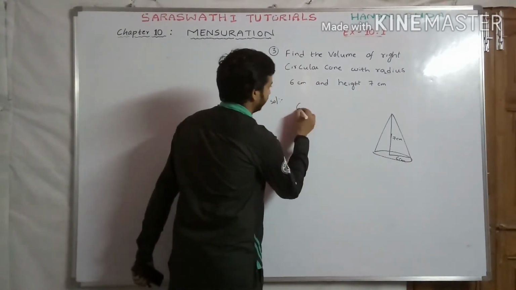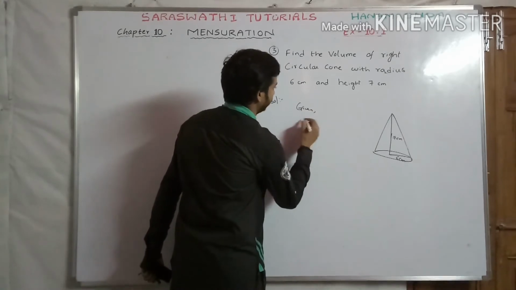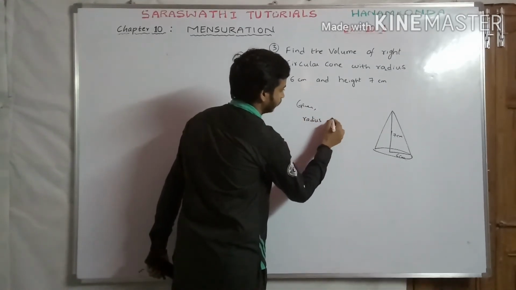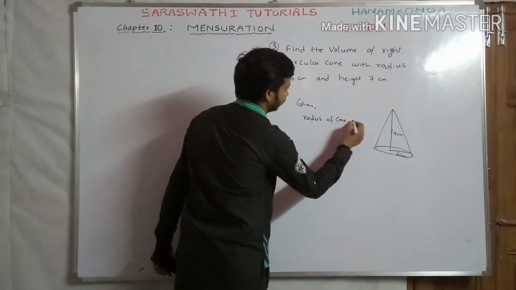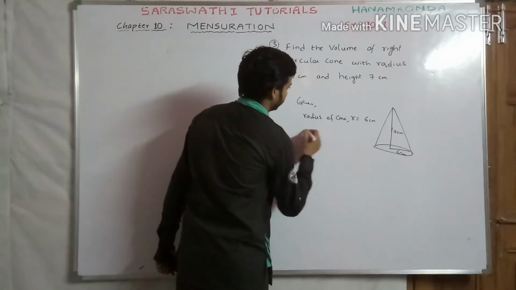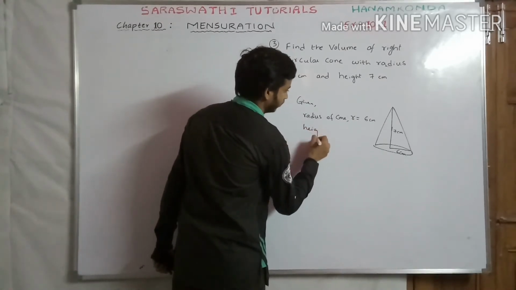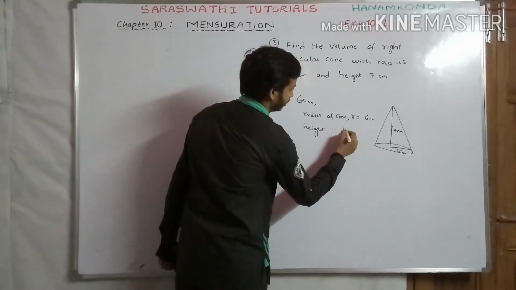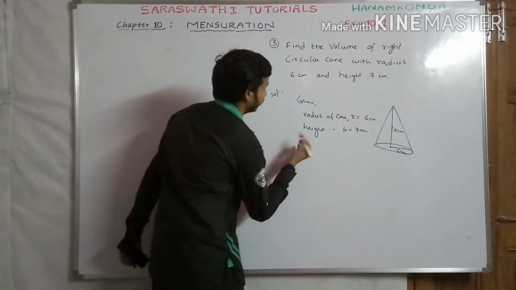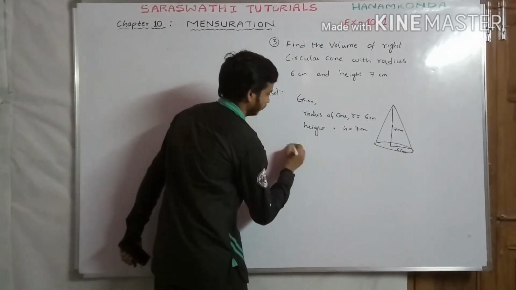Okay, so write the given data first. Given: radius of cone r equal to 6 centimeters. Similarly, height of cone h equal to 7 centimeters. Okay, so find the volume of the right circular cone mentioned. Therefore, volume